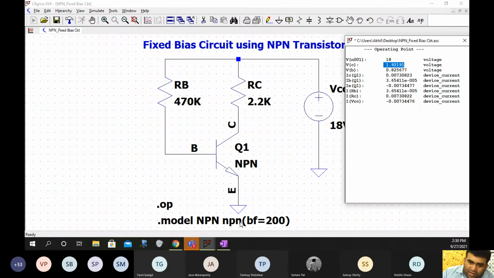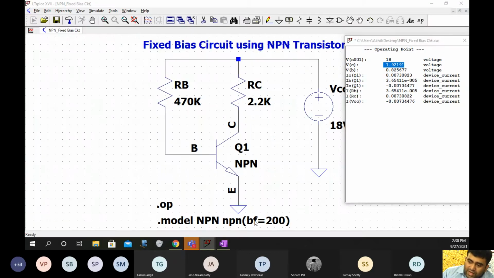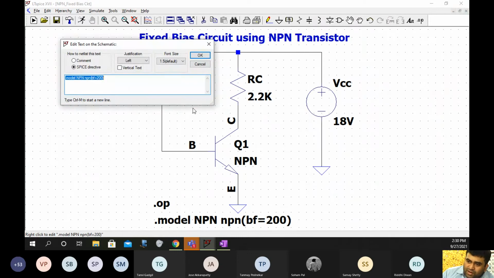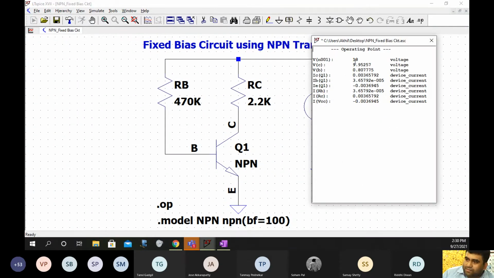Now I told you that you have to calculate for beta factor 100 as well as 50. So now you can change that here. You can change the beta factor to 100 and again resimulate this. You can see that IB does not change, it is the same.